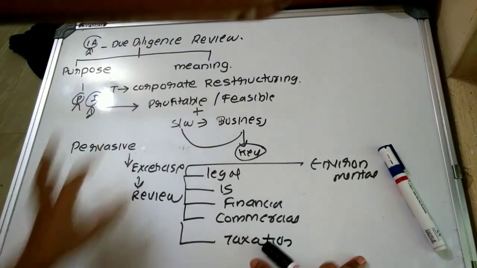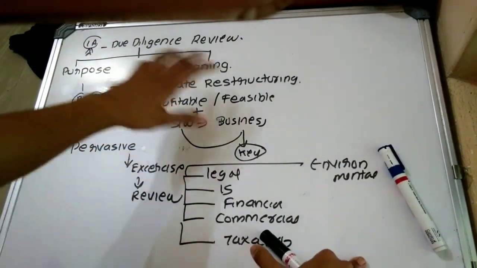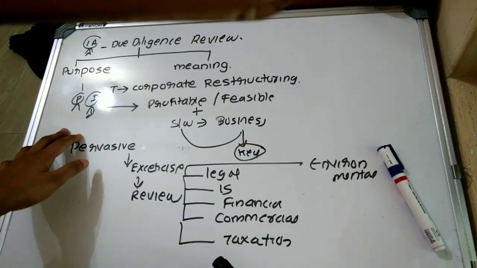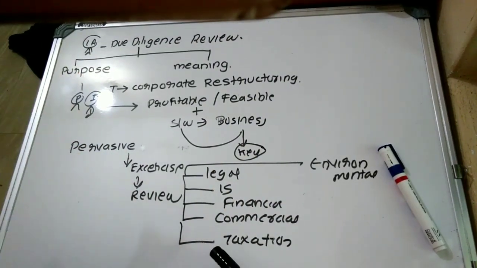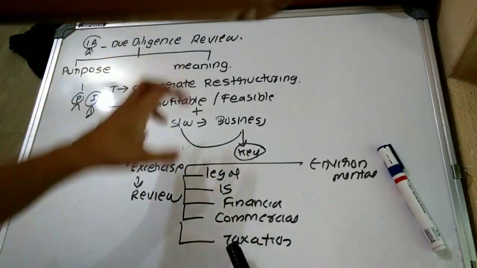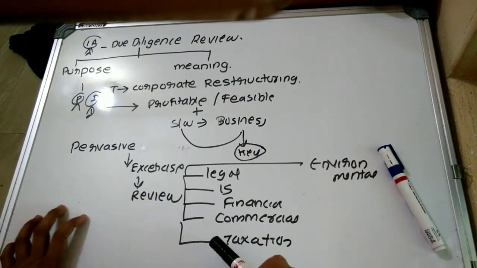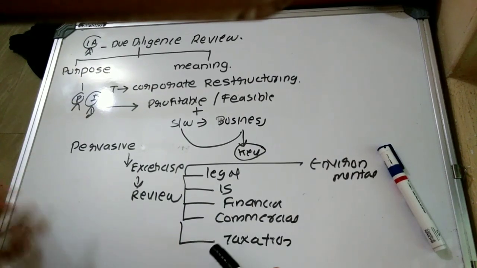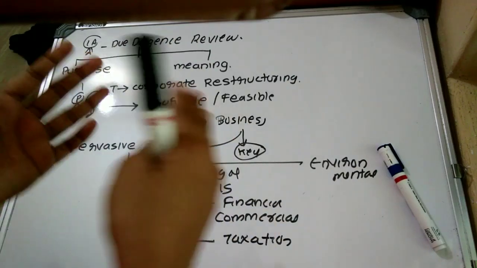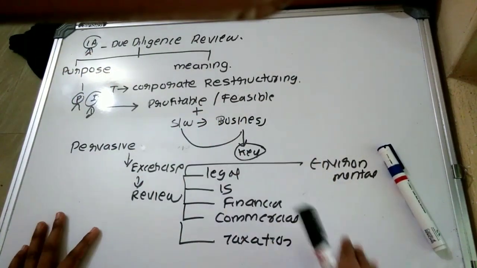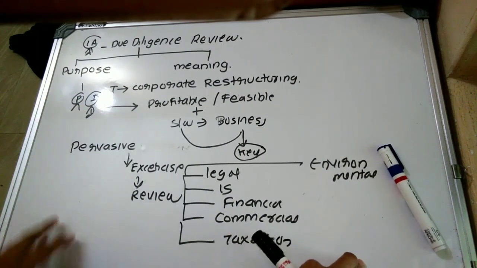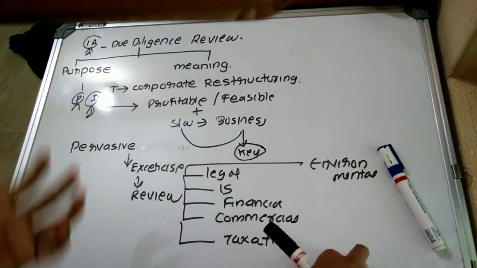So first of all, while answering this question, you should give what? An intro about due diligence, the meaning of due diligence. It is a pervasive exercise. Due diligence is a term which is used in corporate restructuring. The purpose of due diligence is to assess the investor, to find out all they reasonably can about the business in which they are going to invest. That is, it will mainly help the investor or purchaser to determine whether it will be feasible to invest in the target company or to acquire the target company.